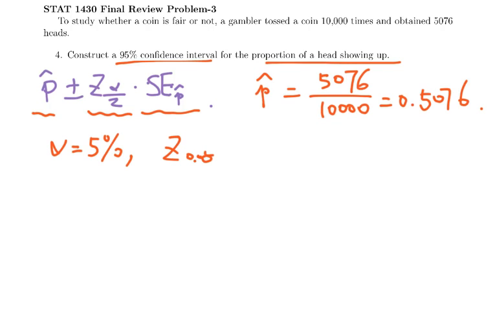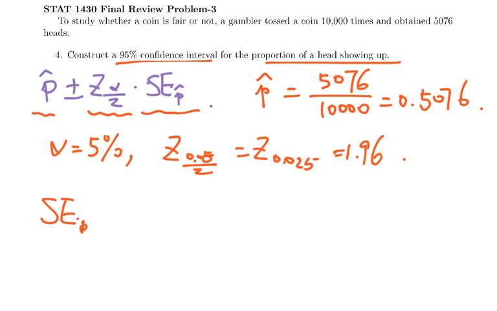And then the formula for the standard error of p hat is given by the square root of 0.5076 times 1 minus 0.5076 over the total number of trials, that is 10,000 in this problem,